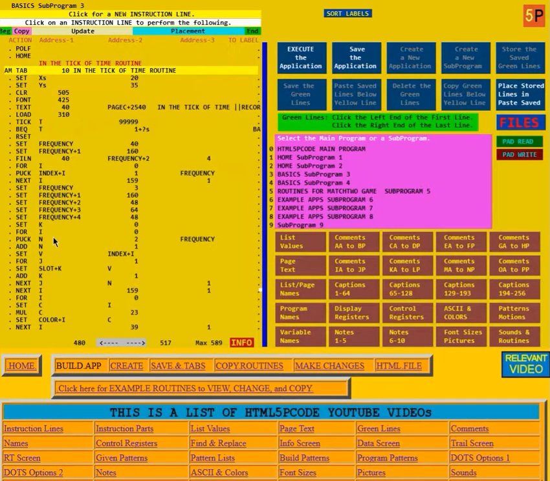Well, let's look at this puck instruction. It says go and get this frequency table and pick a value for n. N is going to be 0, 1, or 2. Well, but that's not what we want, so we add 1 to it to get the box count of 1,